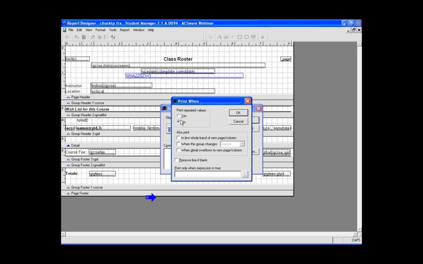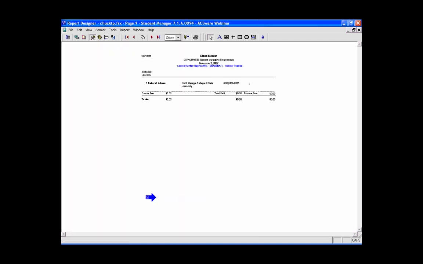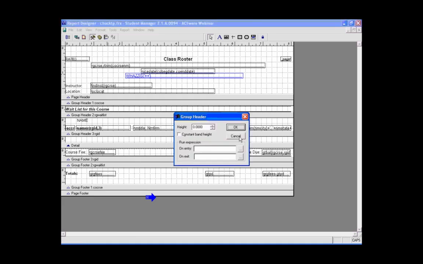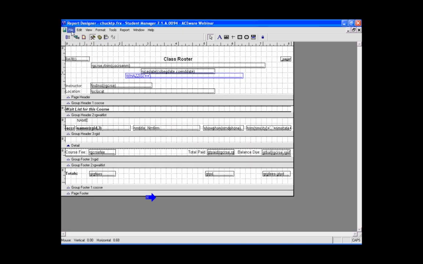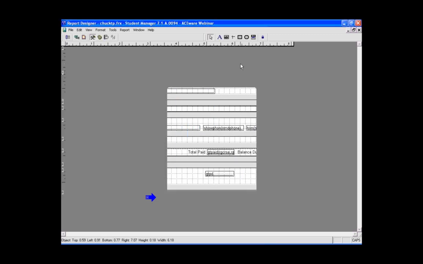Generally, the repeated values area is handled by moving the data to the header and not putting it in the detail line here. And I'm trying to think. Yeah, this is the deadbeat roster that we're running now. The other thing you'll note, the group header, when you go to the group header, it has your start each group on a new page. Because the sort order on Deadbeat is alpha by name and then by course, the results of this are,